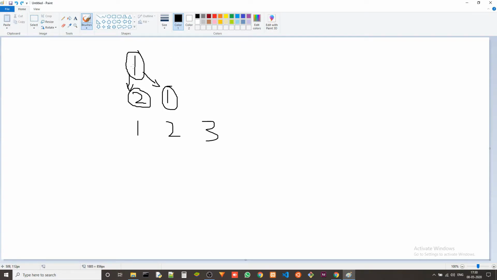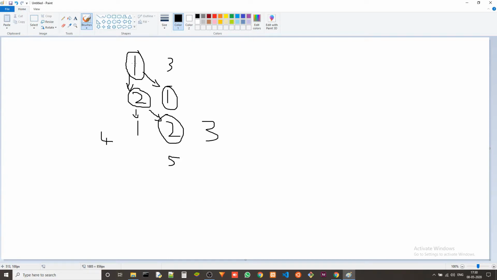But if we follow 1 plus 2, it will be 3. So let's say we choose this path, 1 plus 2 is 3. Now after we came here, we can either choose this one or this one. So it can be 3 plus 1, 4, or 3 plus 2, 5. This is the maximum, so we'll choose this one. That's how it will go if we choose 1, 2 and 2.